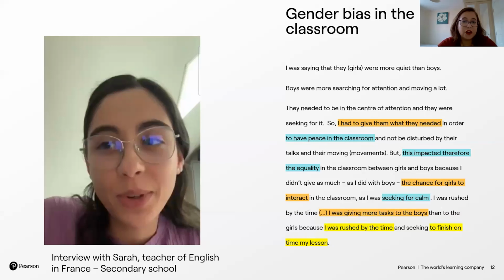Please note that here boys and girls are used as a binary gender representation, just to highlight that it is very difficult for a lot of teachers to move away from these binary representations. So sometimes you may have in your classroom students who identify, for example, as non-binary. So, note aside, please consider this in your own teaching.